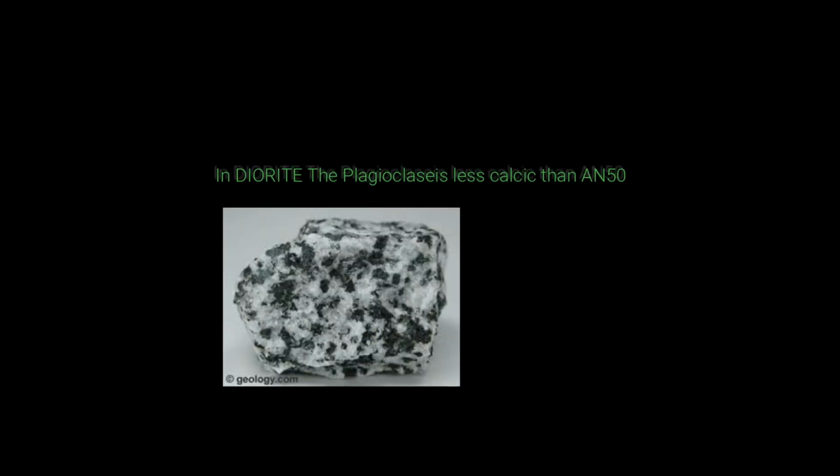Now the answer to the question that I have asked in the video, that is, how to distinguish between pyroxene bearing diorite from hornblende bearing gabbro. Any guess? Okay, let me tell you the answer. Apart from mafic minerals, we are also differentiating them on the basis of plagioclase composition. That is, gabbro contains more calcic plagioclase than anorthite 50 and diorite contains less calcic plagioclase than anorthite 50. So on the basis of that, we can differentiate between them.